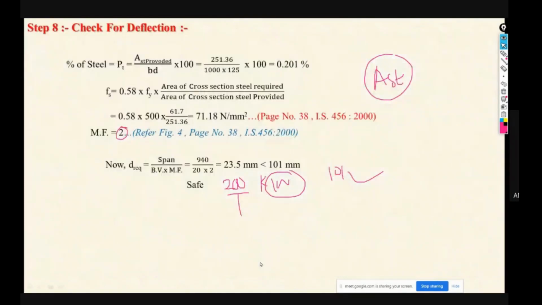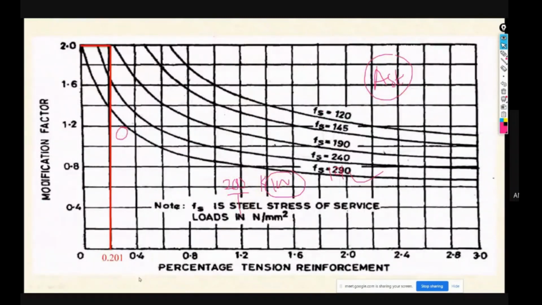सो इफ आई इंक्रीज द रेनफोर्समेंट, अगर मैंने रेनफोर्समेंट इंक्रीज किया तो क्या होगा? लेट्स से मेरी एफएस की वैल्यू 290 आ गई, और मैं परसेंटेज ऑफ रेनफोर्समेंट 0.4 कंसीडर करता हूँ, ओके, सो 0.4 के हिसाब से मेरा मॉडिफिकेशन फैक्टर नियर अबाउट 1.19 आ रहा है, अप्रोक्सीमेटली कंसीडर करेंगे 1.19।